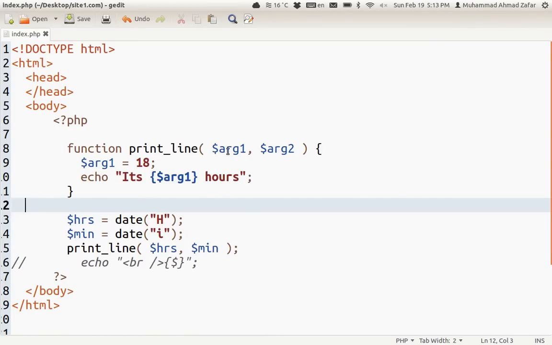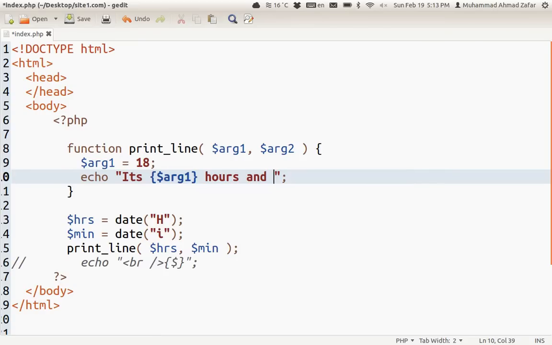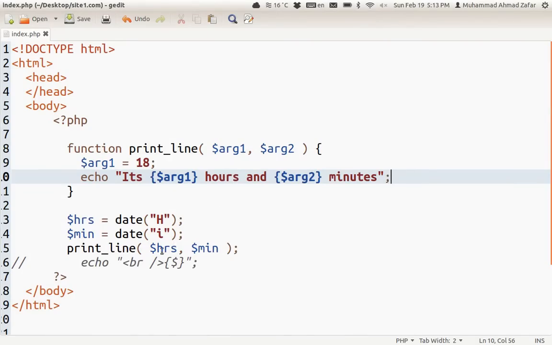Hours will be received by arg1 and minutes will be received by arg2, and then I'm updating the value of arg1 and arg2. Of course it has to be in $ sign. Save it, refresh it. So basically these two variables were passed to this and these were received and these values